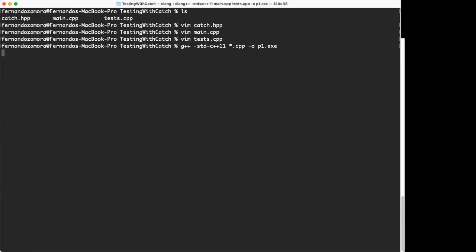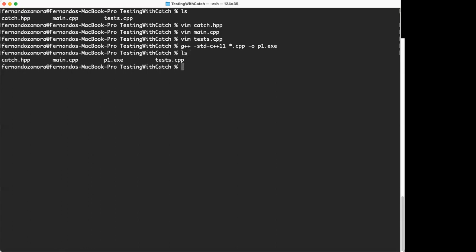And notice that it takes a little while. It does take a little while to compile because, like I said, Catch, it's not really so much that the main is taking a long time, but it's really that Catch is taking a little while. That wasn't too bad. On Windows, I really had a big problem and it was taking a long time. So now if I look at my executable, notice that before I just had catch.hpp, main.cpp, and test.cpp. But now if I do an ls, notice that I have a P1.exe because it compiled and produced that. So when I run it with no arguments,